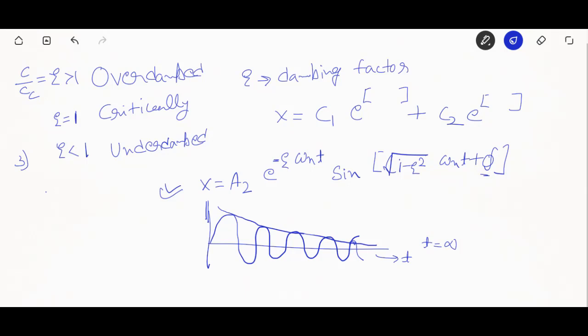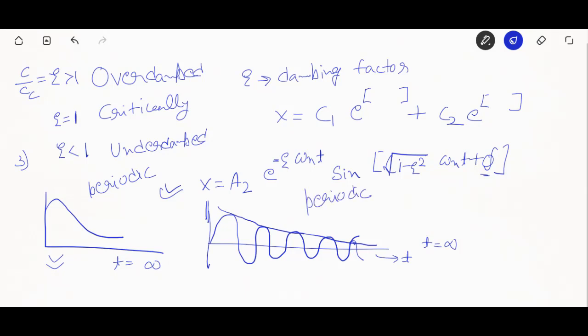If I'm saying that this system is going to come down to equilibrium very fast, so it represents something of this kind of case, and it will become zero at somewhere t equal to infinity, right? So if you just look into the graph of it, this system is not a periodic motion. Similarly, this part here represents a periodic motion,